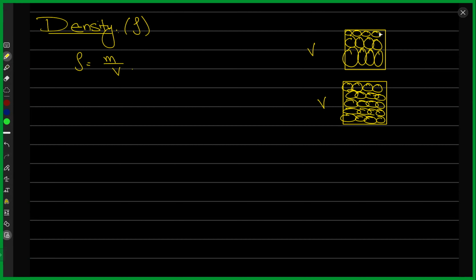So this is the picture that you can think of while you're talking about density. The more the amount of stuff there is in some body, if that body has the same volume, then it would be more dense compared to the other one, right? So that's density. Well, that's more or less density.